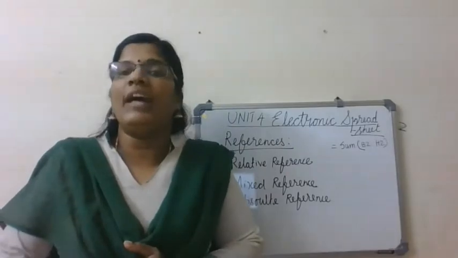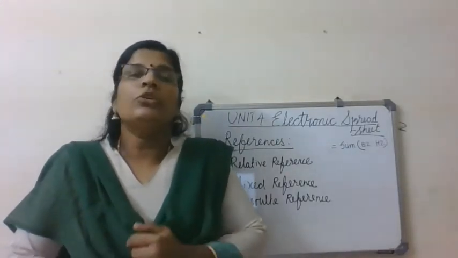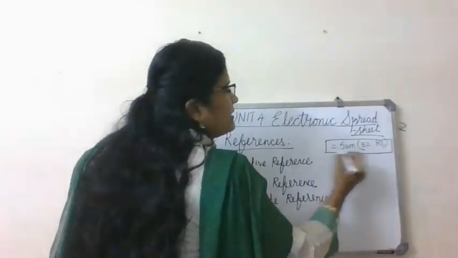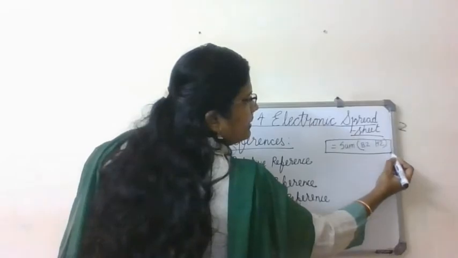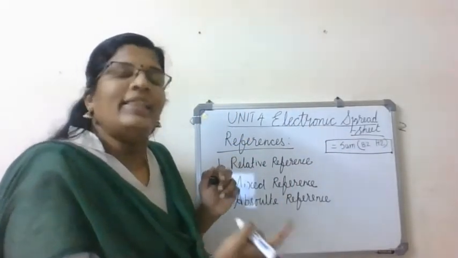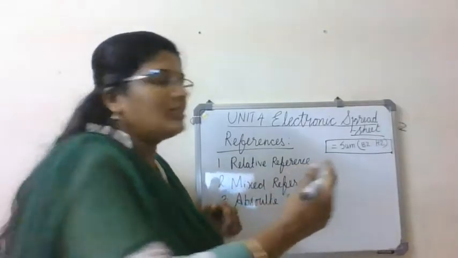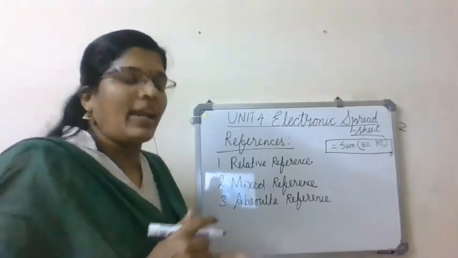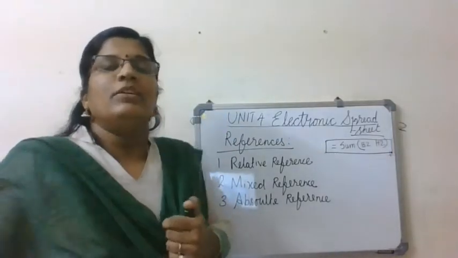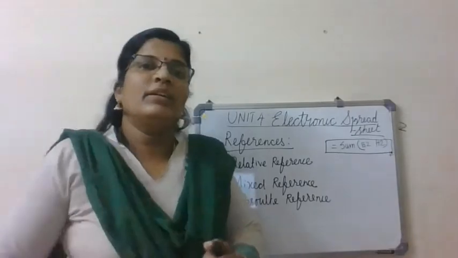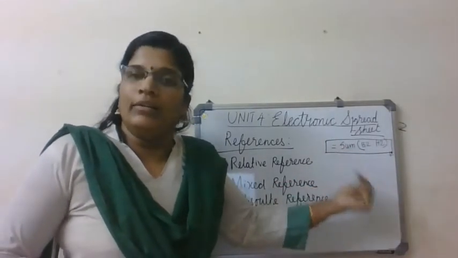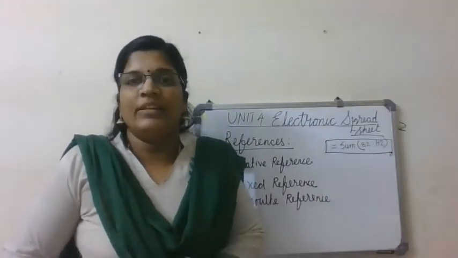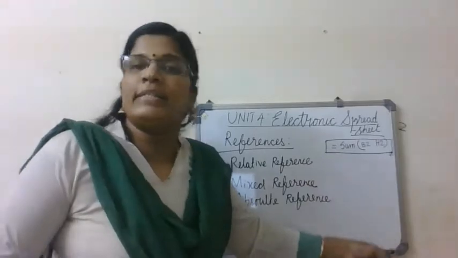That's good. We use the fill handle. So what is the fill handle? If it is an active cell, the cell has a small square at the bottom right corner. That is called the fill handle. When you keep the cursor over it, it changes into a small black plus symbol, and you click and drag it. When you click and drag, what happens? The formula gets copied to the remaining cells up to wherever you drag. Do you think that the same formula is getting copied?